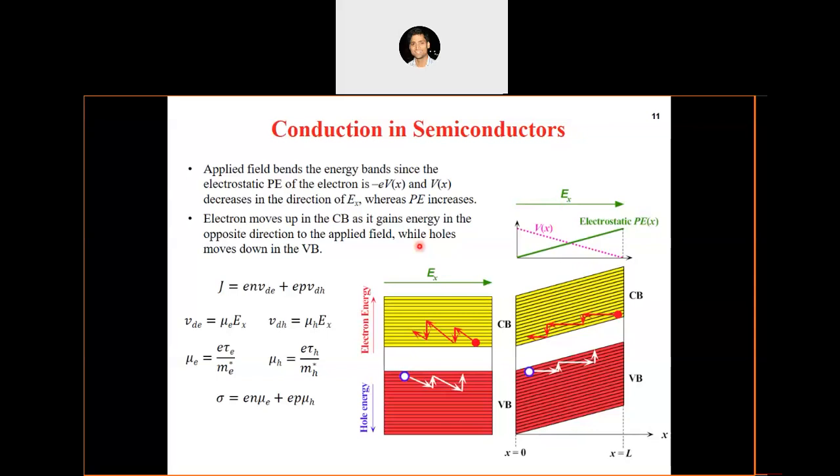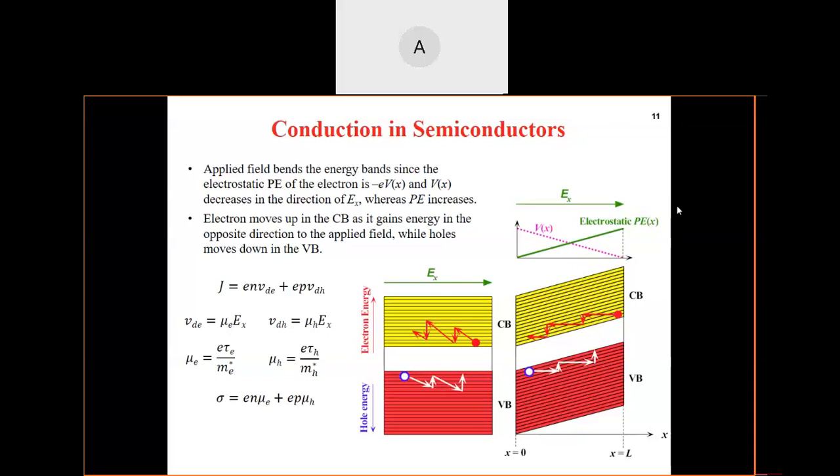Sir, I was saying that if the electron starts at the topmost band in the valence band, it would also end up in the topmost band of the valence band. I mean the hole, sorry, sir, the hole. The hole in the topmost energy gap of the valence band would end up in the topmost energy gap of the valence band after the application of electric field and the hole travels. You mean that it will remain in the same energy state? Yes, sir.